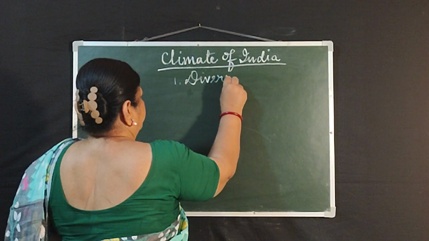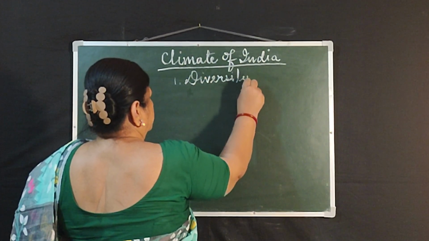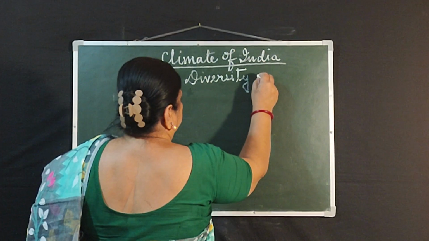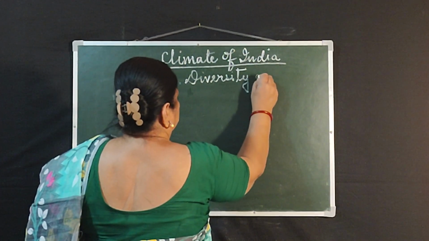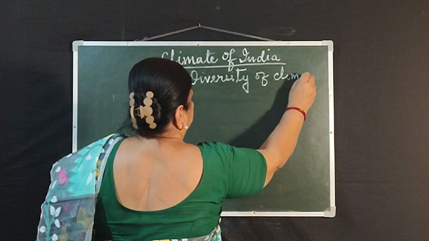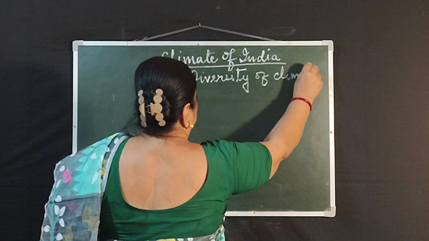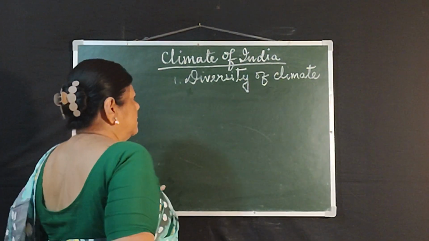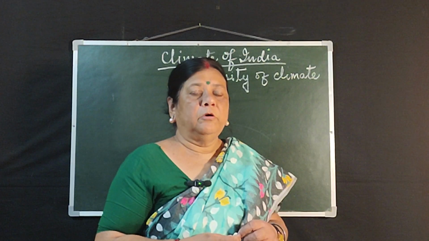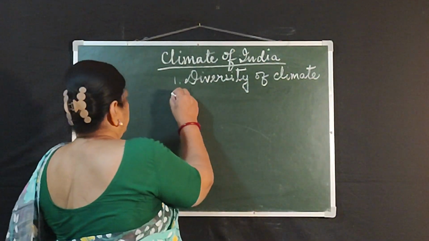This is the first feature of Indian climate. Diversity of climate. The climate varies from one place to another depending upon the different types of physical features or relief features. Second point is